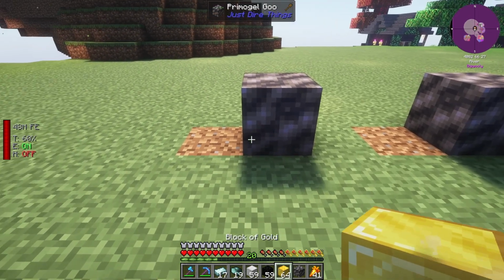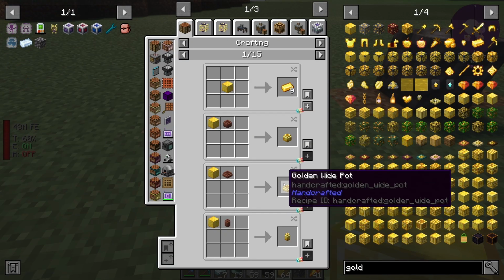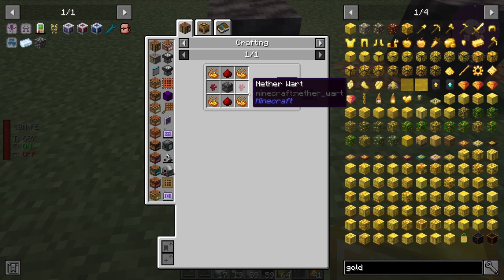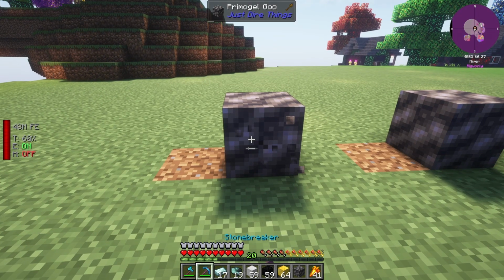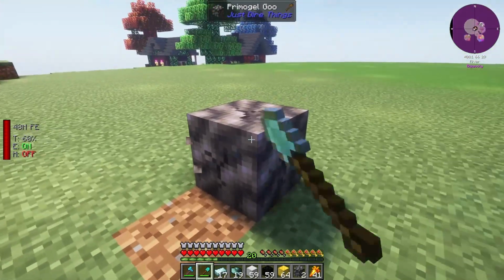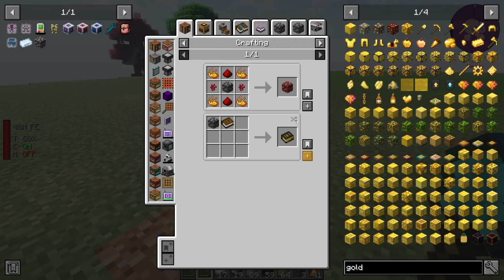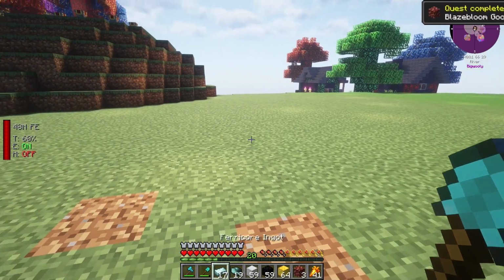But the tier we really want to get into today is the next tier. Now, that next tier goo has a different recipe. We need to take the base block and combine it with some blaze powder, some nether wart, and some redstone, which we have all of. So let's go ahead and pick these up. Looks like we need a shovel. And then we can use these, which I now have 3 of somehow,